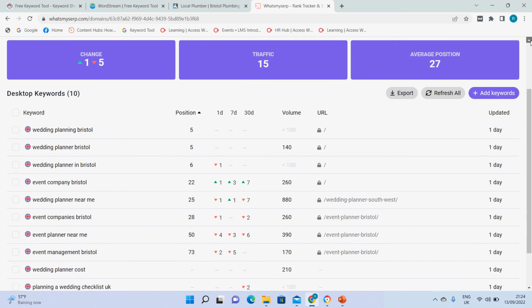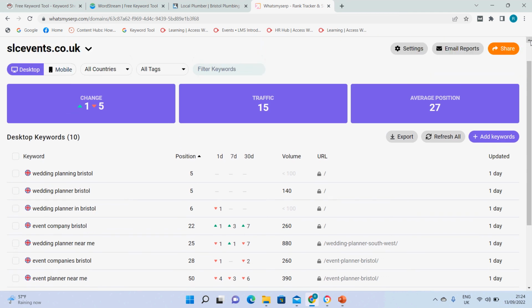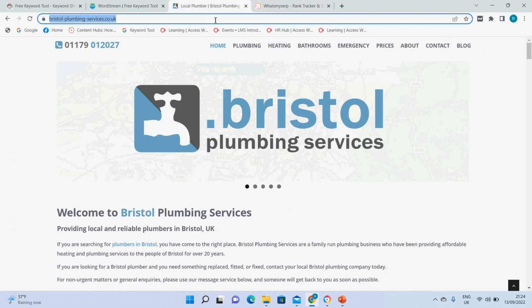So what we've done so far is we've had a look at the keywords. We've got our root keywords. We've looked at the search terms, and we've got more keywords. We've looked at our competitors, and we've got more keywords again. So now what we need to think about is, how are we going to turn these keywords into content? There are tools I could go with for you. There's Answer the Public. There's lots of different tools that you can use. But we're going to do a really simple way of doing it. All we're going to do is go back onto Google,